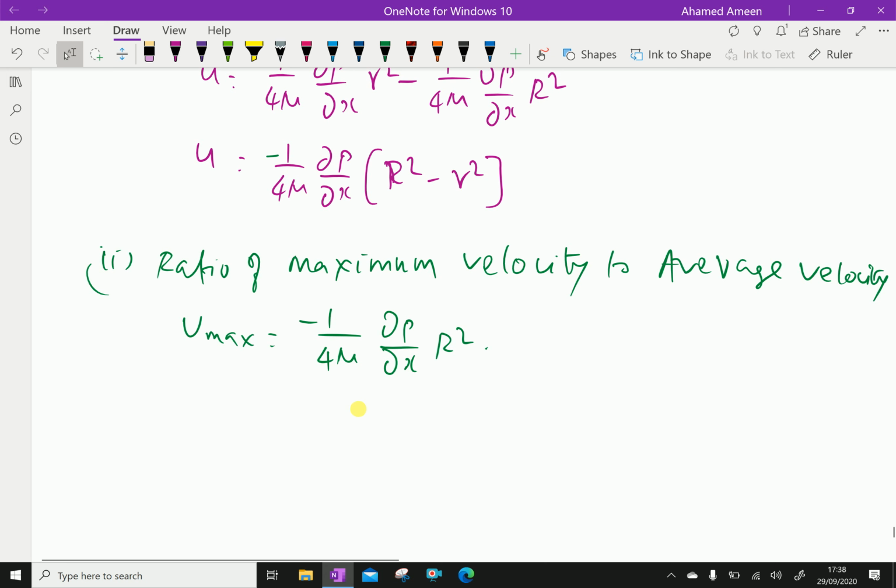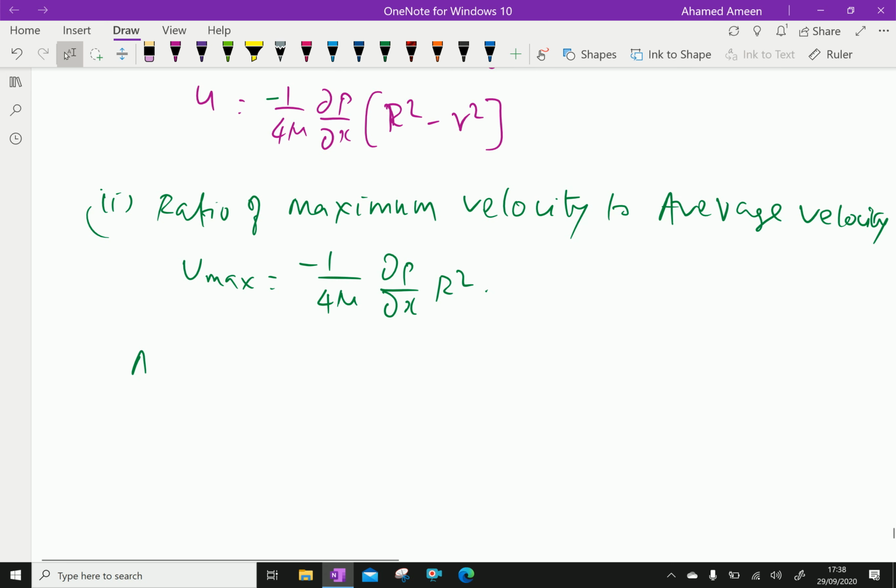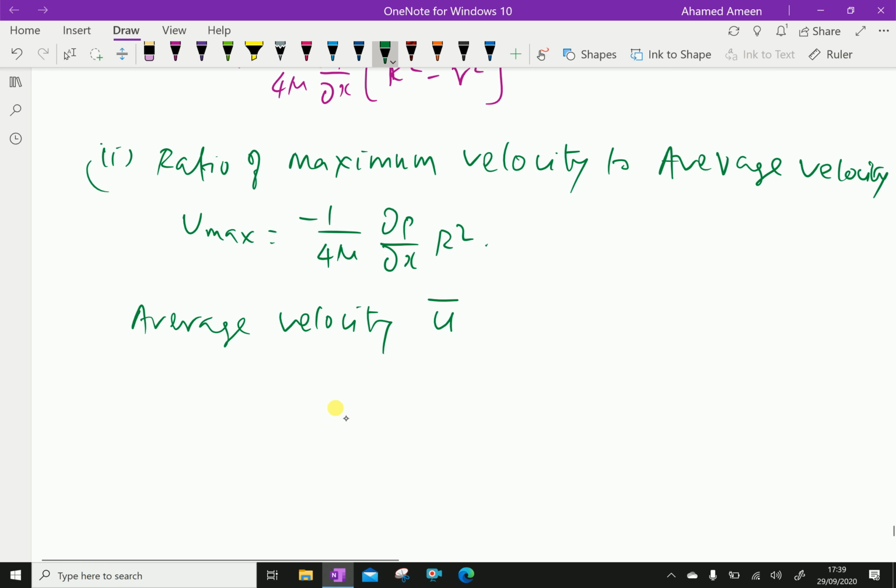Then average velocity, we can keep u bar. Average velocity u bar is obtained by dividing the discharge of the fluid across the section by the area of the pipe, pi R squared. Therefore, now